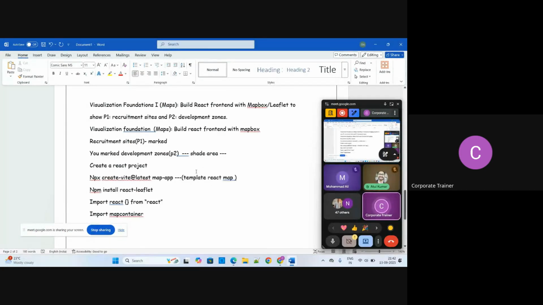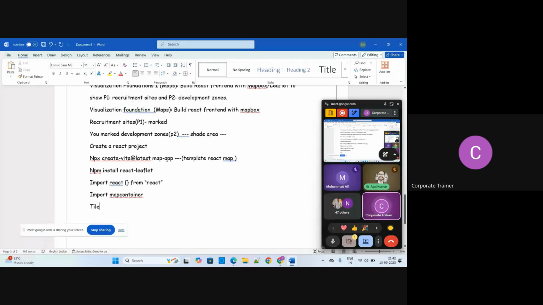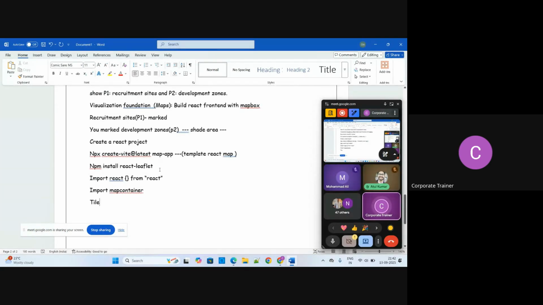Here I am giving you a demo of what we are using and what we can do for development. First we are creating the React app using npx and npm.